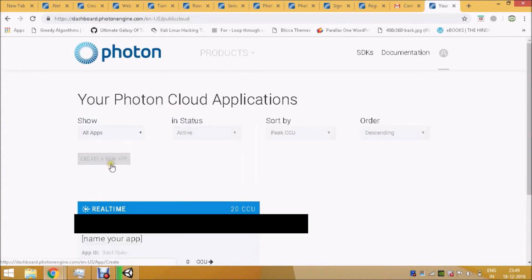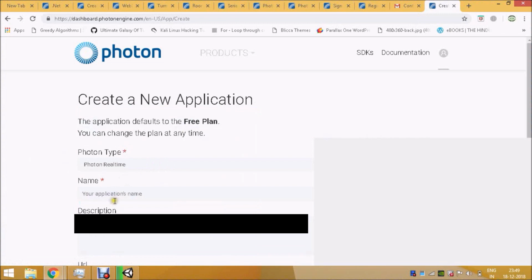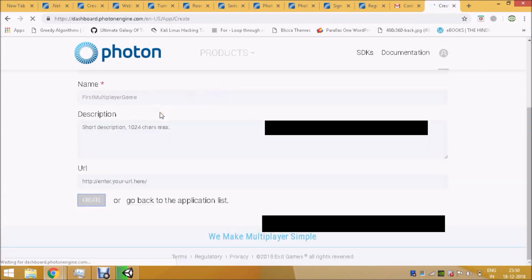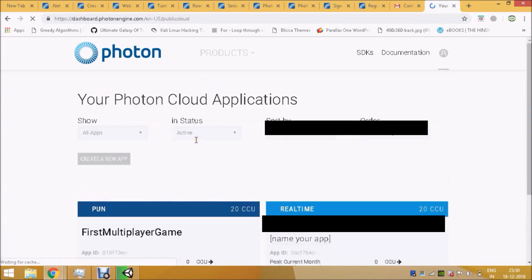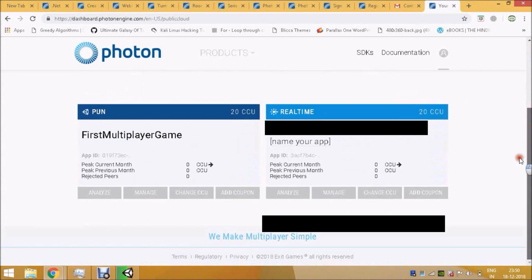Let's create a new app. Create a new app, Photon tab. When people are playing your game, it will show you in future if the users are more than this, means 20 concurrent users, 20 CCU. Okay friends, here I have created a new app,